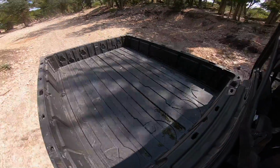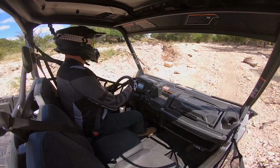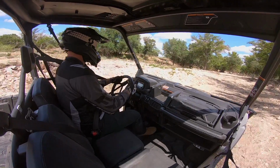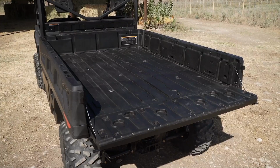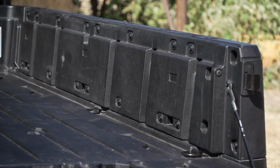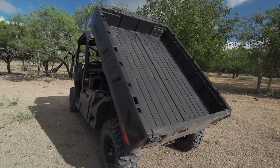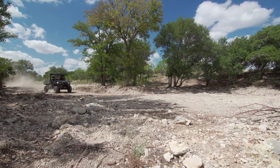You could put tractor tires, you could put a big round bale of hay on the box, so it's very, very practical. And at the same time, we integrated all the nice features that were on the short box Defender. So those bucket inserts, all the Link inserts if you want to use the Can-Am Link accessories, and also if you want to install your own bed walls and build them with 1x3s, same inserts as we have on the